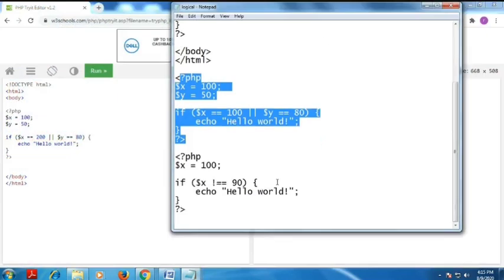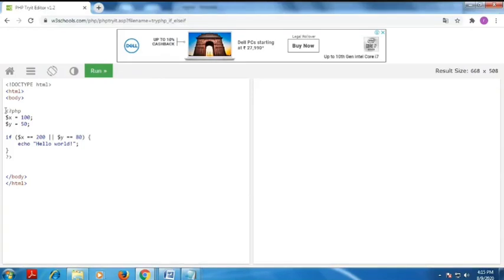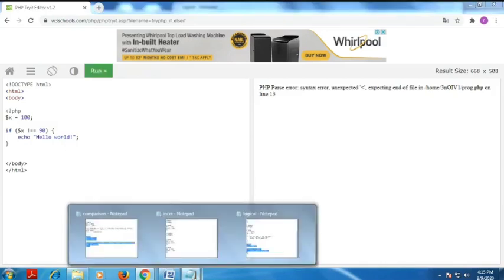I have to give one more example, not. What is the meaning of not? If your input is true, what do you get? The output is false. If you send any input that is false, the output you get is true. That is a complement form. Okay, you have to see that x value equal to 100, x not equal to 90. Actually, the x value is 100, but I have to put the condition x is not equal to 90. What is this? See that, it is some error. That is the meaning of the logical and, or, not.